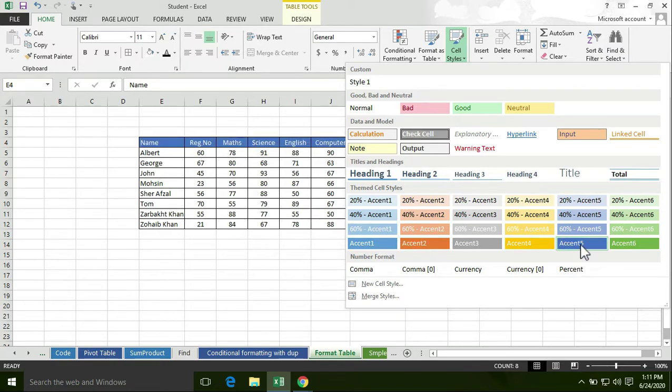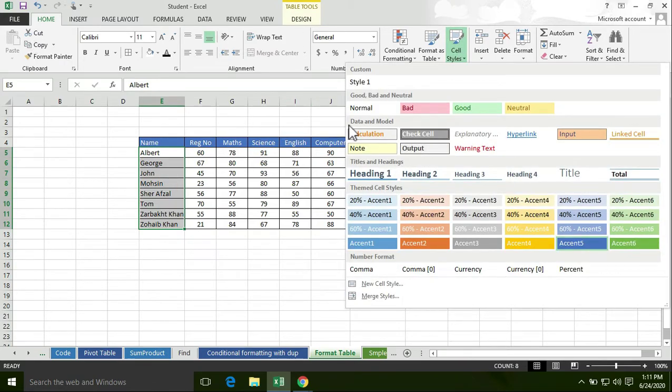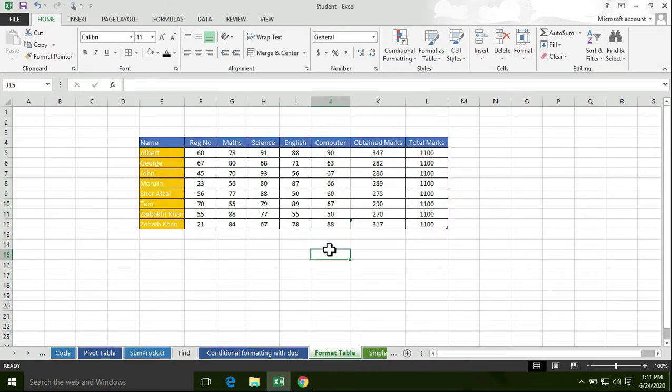Now I'm going to apply blue, so the blue color is also applied to the row. Now I also want to apply a different color. Click on cell styles under the home tab, then I'm going to select yellow. So I can also format the table just by using cell styles.